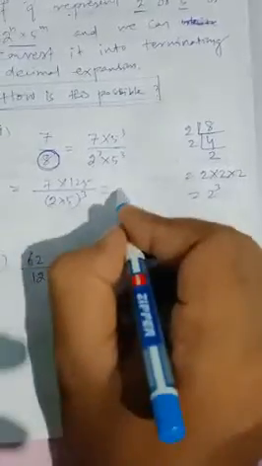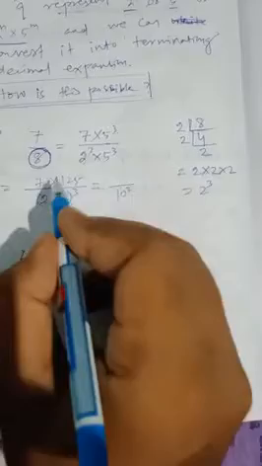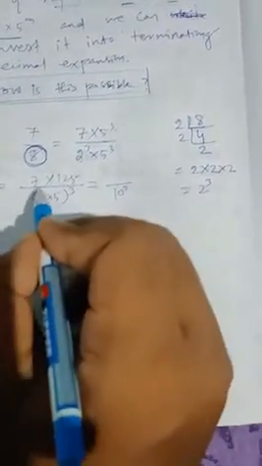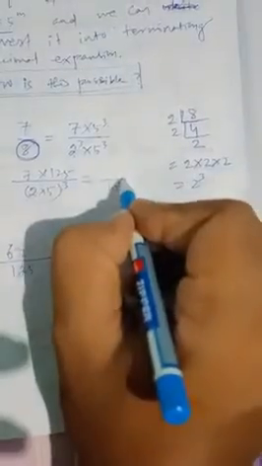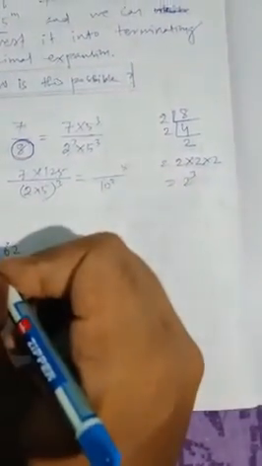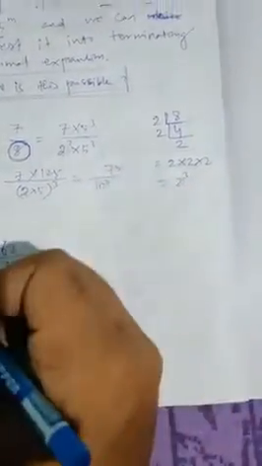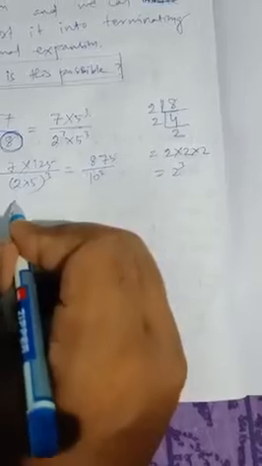2 into 5, that is 10 to the power 3, and in the numerator we will multiply 7 and 125. 7 5s are 35, 5 carry 3, 7 2s are 14, 14 plus 3 17, 7 carry 1, 7 1s are 7, 7 plus 1 8. Right now, again we can write